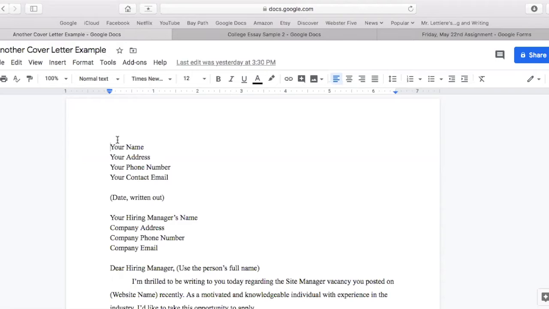So you're just doing one more thing, kind of refreshing your skills at looking at exemplars. So good examples of cover letters and good examples of college essays. You only need to report on one or the other today, whichever one you want to do. Therefore, there's going to be two things that I show you. I'm going to show you one more example of a cover letter, one more example of a college essay, and then the Google form that corresponds with the both of them.